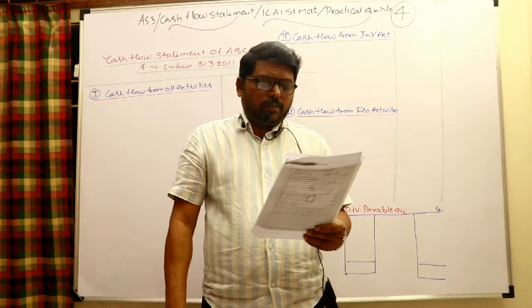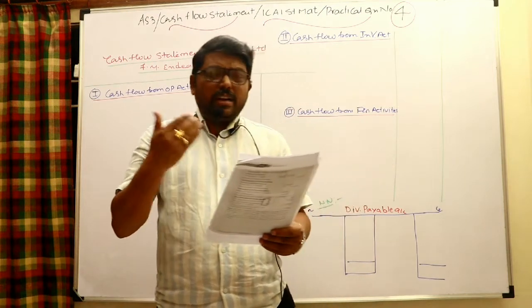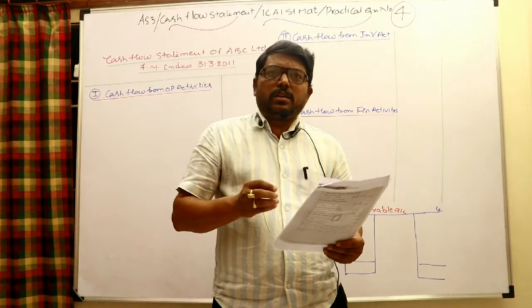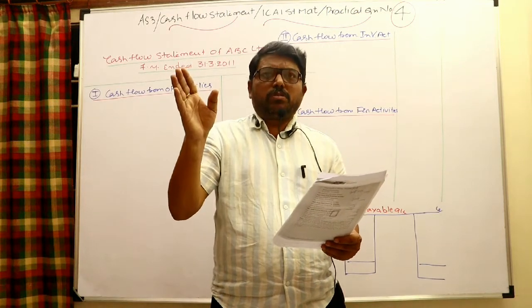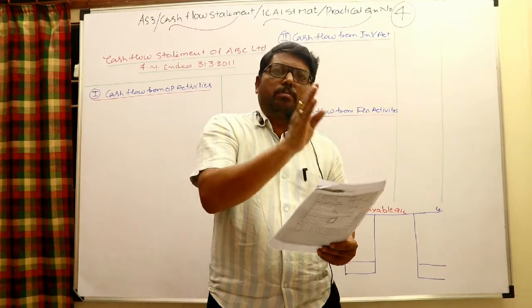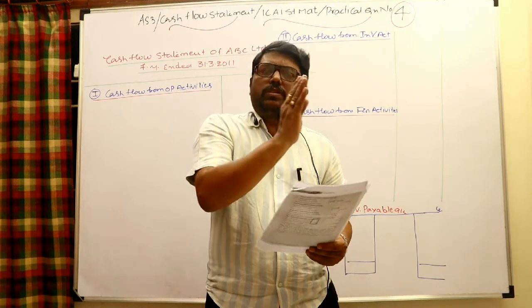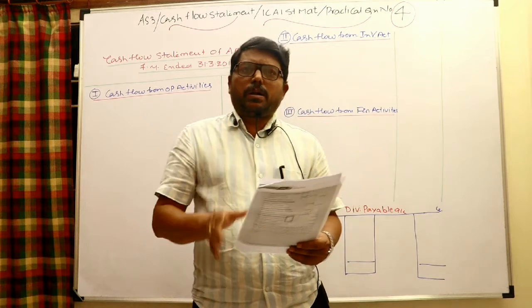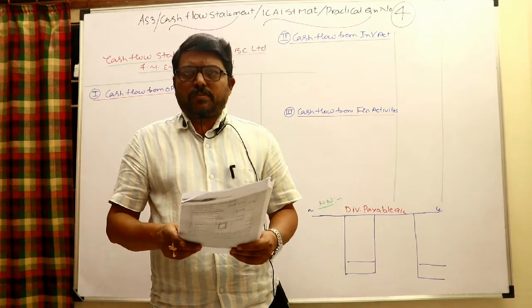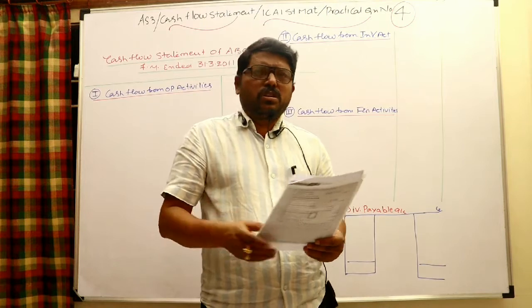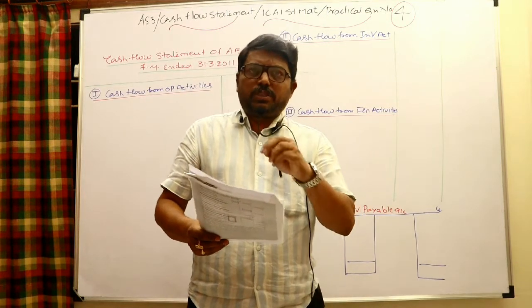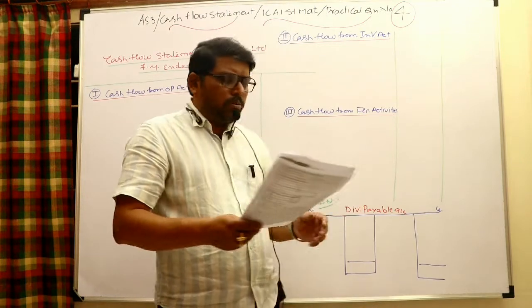Dividend payable 1,50,000 and end of the period 3 lakhs. If nothing is mentioned, I can say that the dividend payable of the last year is paid during this year, and the dividend payable at the current year end is the one declared through P&L appropriation. Normally we assume that. If something is specially mentioned, you may have the account also for that. Here there is some additional information provided, so I would like to take this.